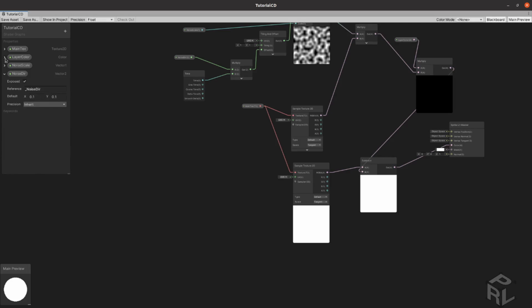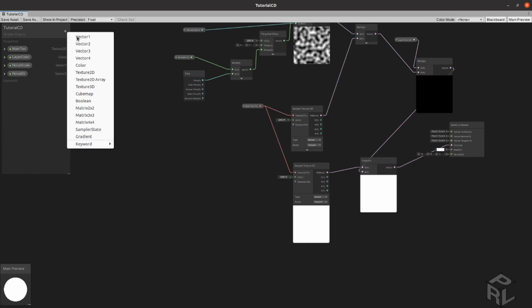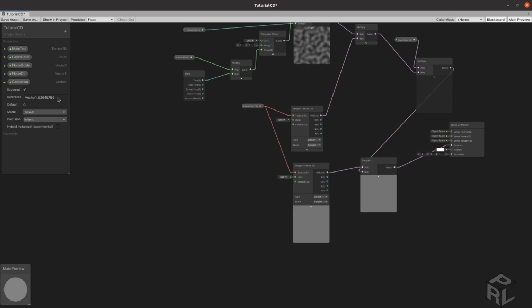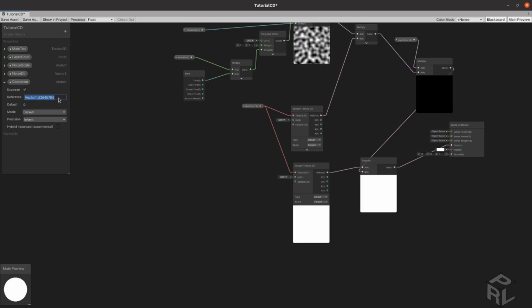Okay, so we're almost done with Shader Graph. So we need just to add two new properties. The first one will be a Vector1 called cooldown, so actually it will be the cooldown time that you will want. Okay, and as we're going to access this with the code, we're going to put a reference, and by default